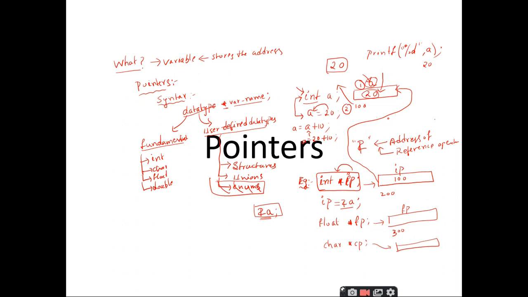You just remember that all pointers, irrespective of the address they store, whether integer pointer, floating pointer, character pointer or double pointer, every pointer is going to take the same size, which is equal to 4 bytes in this case, right? So the character pointer also takes 4 bytes and it is named cp. Assume that it is created at 400. Now if I want to declare a double pointer, I use double as my keyword and let me take it as dp.